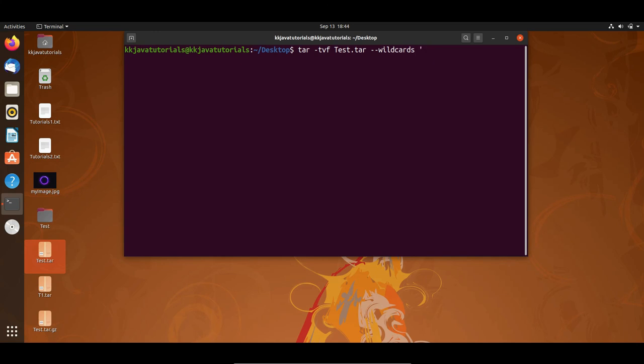If you know the exact name of the file, then that you can specify. If you do not know, then you can use wildcard. So I'm going to use wildcard star.png. So all the png file within this tar file will be listed, right? If I press enter, then here you can see there is only one png file that is getting listed. But if you have more than one png, all files will be listed over here.